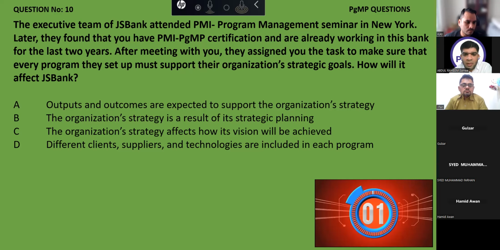Can you tell me, sir, how the organization strategy itself is made? How does the organization make its strategy? Yes, this will come from the vision. Okay, how we are going to achieve that strategy, what is our link with the strategic goals. And based on this strategy, the only incorrect part is "is a result." It means that strategic planning will